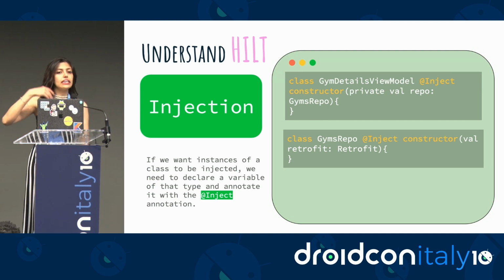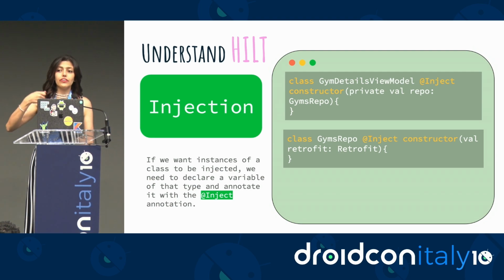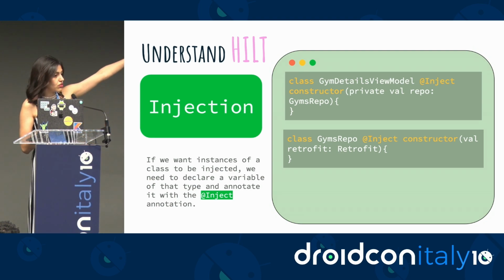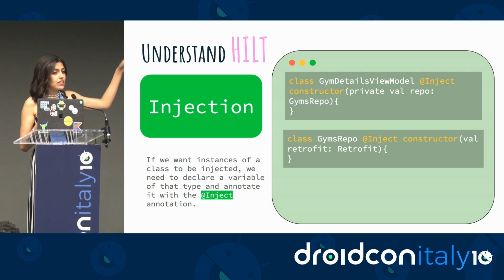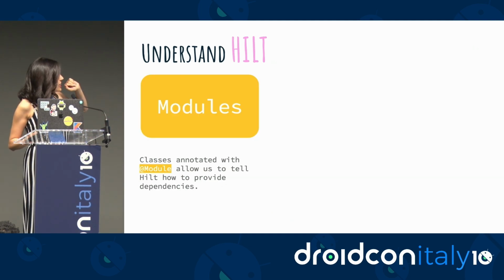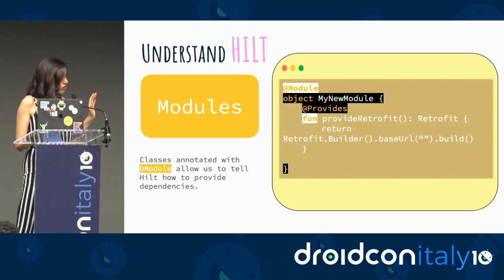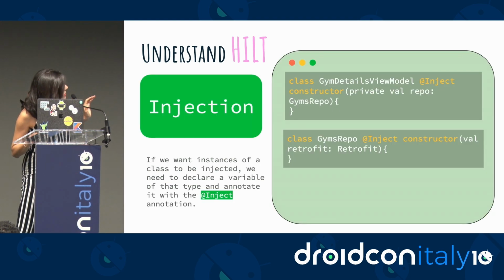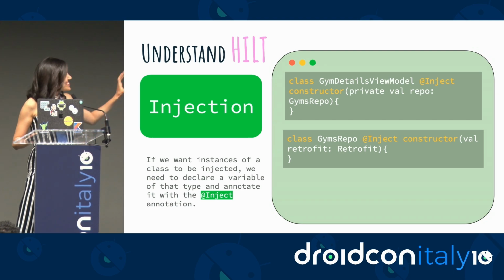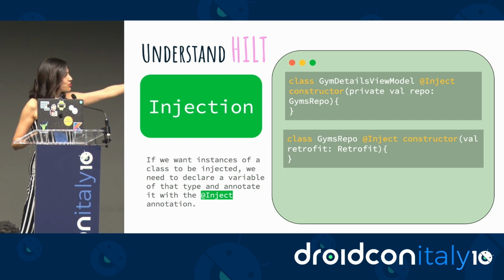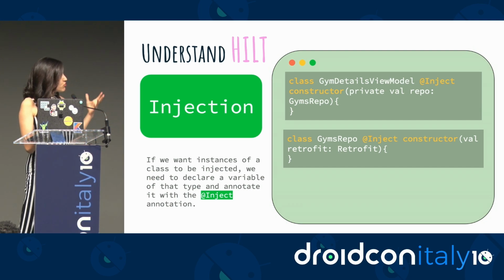Now I'm telling Hilt that it will need to create an instance of the view model. But for it to create that, it will also need to create an instance of the repo, right? So I still need to go to the GemsRepo and annotate its constructor as well with the same annotation. Okay, so here in the GemsRepo, I'm telling Hilt, you will need to create an instance of the GemsRepo. So it's going to try to create it,